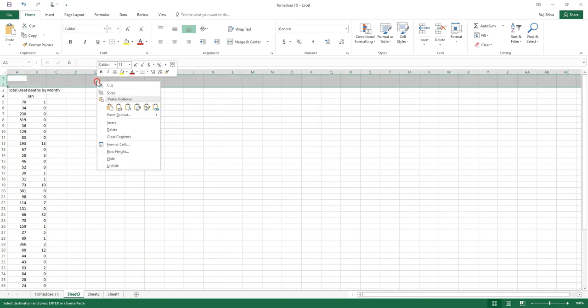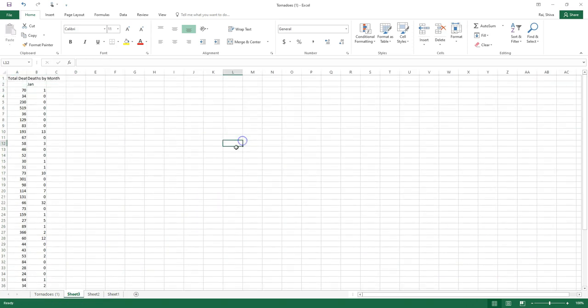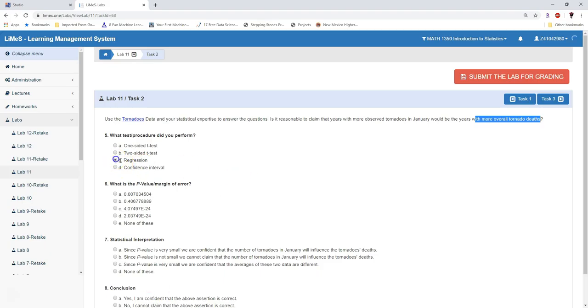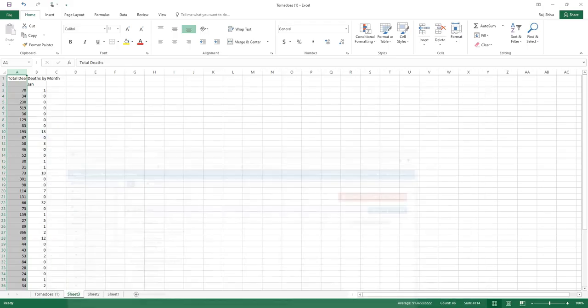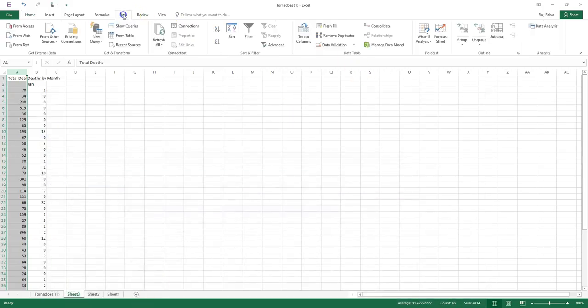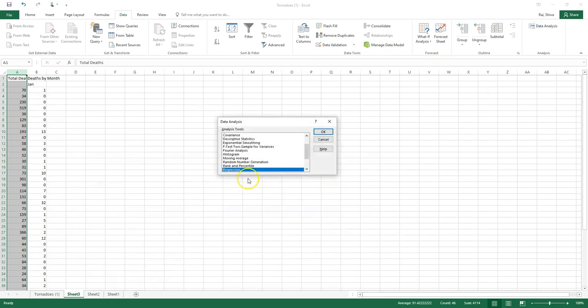All right, and then you definitely know what I am going to say, since the question is talking about deaths in January affecting the total number of deaths in the year round. So that means since one variable is affecting another, it's regression, and you find the p-value. I will just go for regression